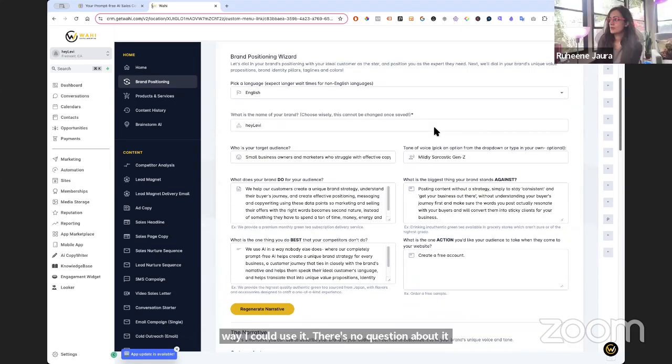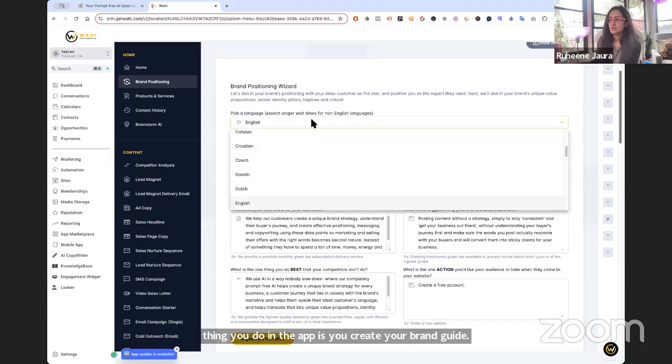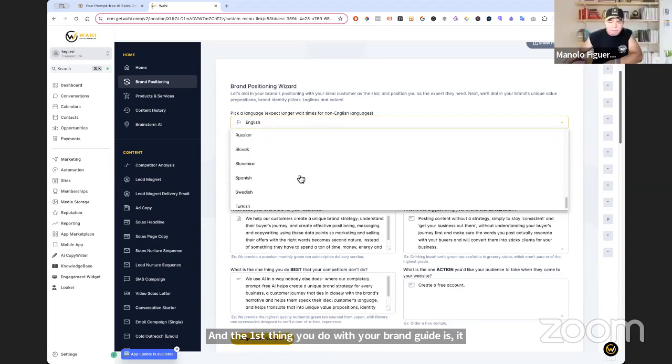Yeah, so when you are building out your brand guide, you will pick your language right here. That's the first thing you do in the app, you create your brand guide. And the first thing you do with your brand guide is pick the language. It defaults to English, but if you change this to whatever language, say Spanish,